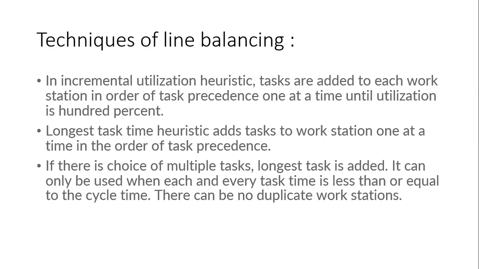So the maximum percentage utilization is 100% in every workstation. Next idea, longest task time heuristics. It assigns the job number to every workstation without violating the task precedence, and at the same time without violating the cycle time constraint. So this is the difference between the two techniques in the line